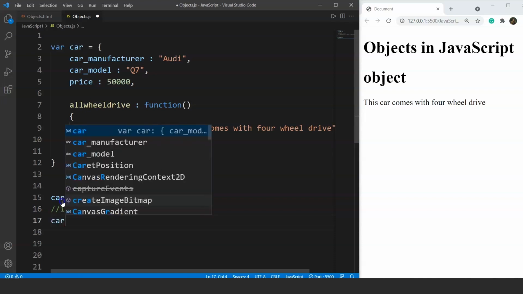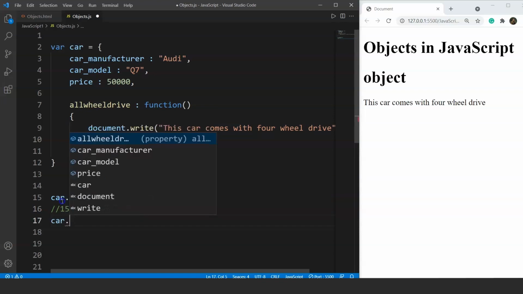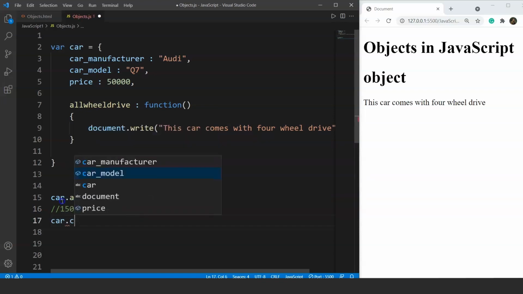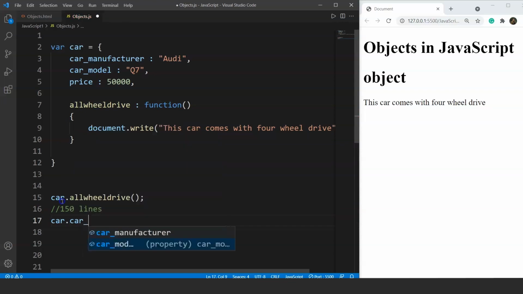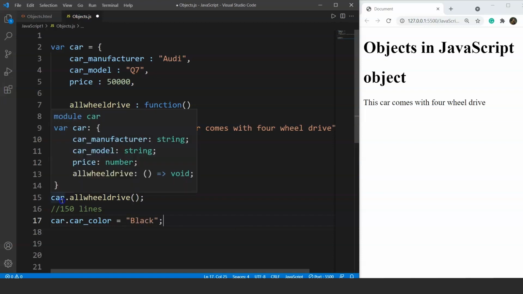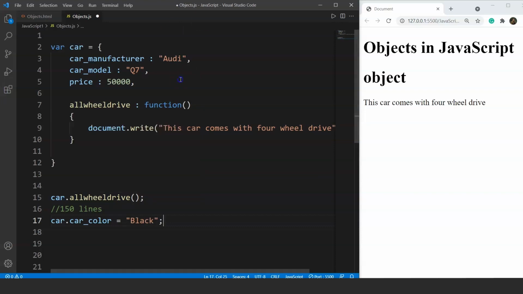We'll write the object name with the property name along with the dot operator. So we'll write here one more property. Let's say we are using carColor, and the value of this property will be, let's say, black. What this line will do is add one more property inside this existing car object.